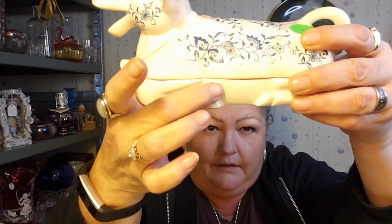And then what else did I get from him? Oh, this guy right in front of me. I got this pretty goofy looking, very light. It is made in Japan. It is marked with a sticker. It's Art Line Japan. So it's mid-century abouts, and it is transfer wear. The blue flowers are transfer wear. He does have a price tag of $12 on him, but he gave them to me for $10 because he does have some skipping in the glaze, and that was from production. So right here,